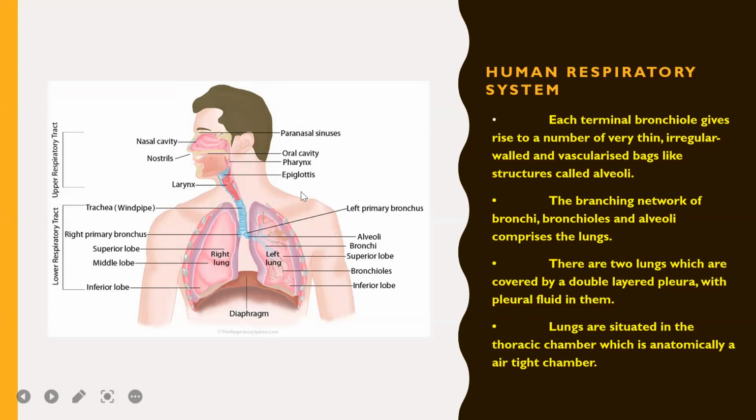Lungs are situated in the thoracic region, which is anatomically an airtight chamber. Airtight chamber means this cavity is airtight, so the lungs are present in that cavity. Now, the thoracic chamber is formed by